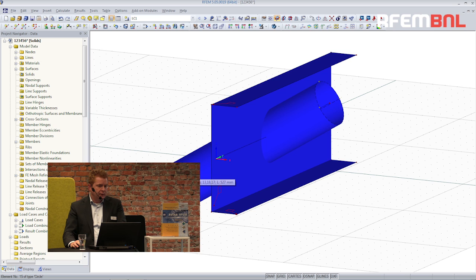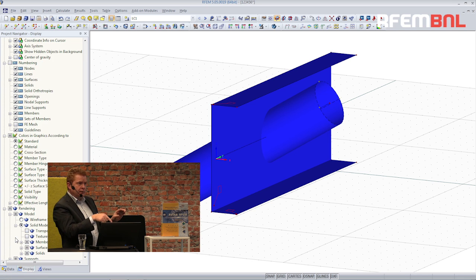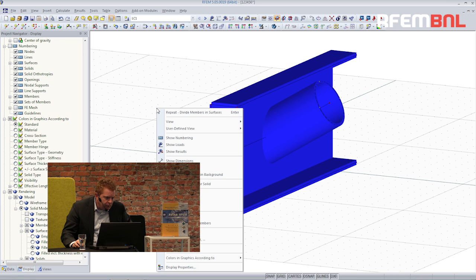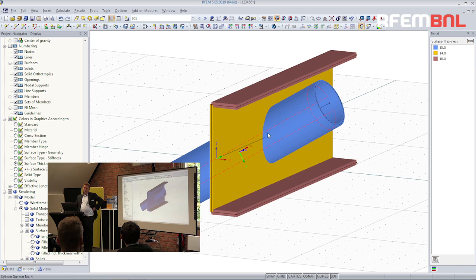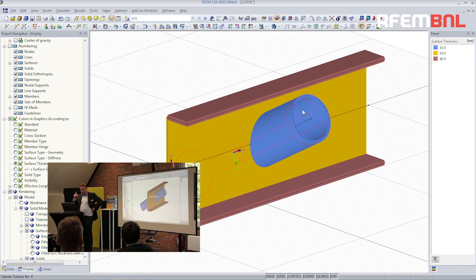Select them both, right mouse click, generate surfaces from member, and now you see it looks different, but the surface is created at the center line of the tube. But for people who want to have it really nice, we have always rendering like that. And even better, when I work with surfaces, I always use this view, surface thickness, like that. And so I check visually, is the thickness okay? So I have now two surfaces like that, and I will have to apply the pre-stressing load, like the